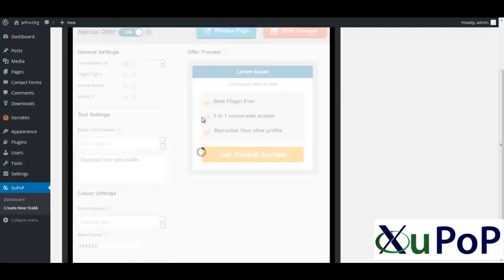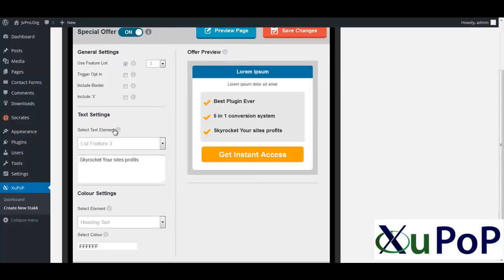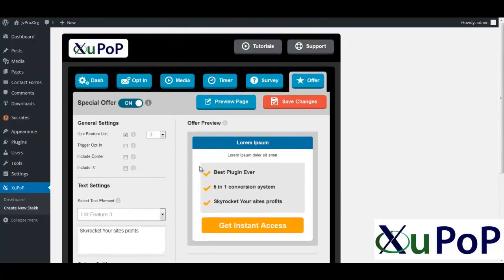How simple is that? Now you can see this is an amazing system. So versatile, so flexible. It really should be part of your marketing arsenal. Now here's the cool thing. It's not just an opt-in system. It's a conversion system. It has many triggers, many ways that you can target your audience,